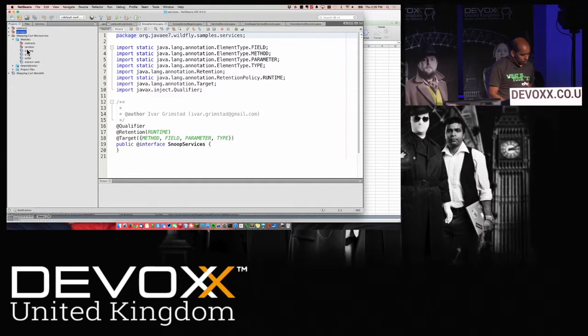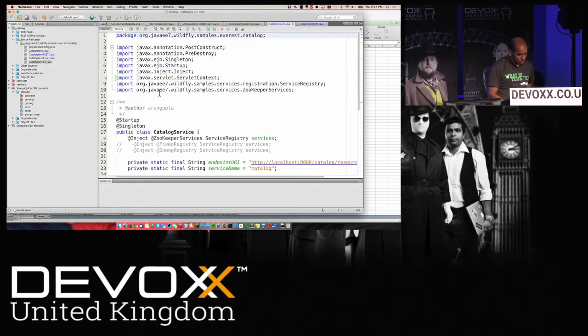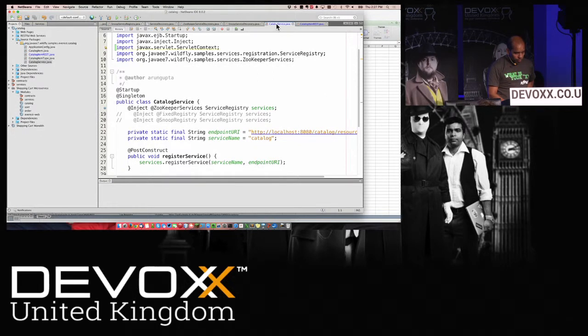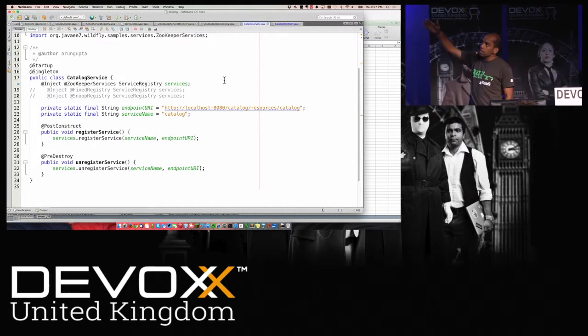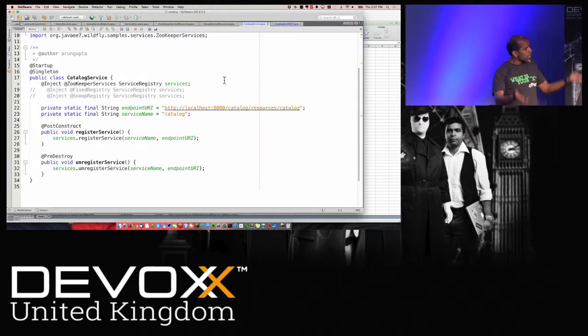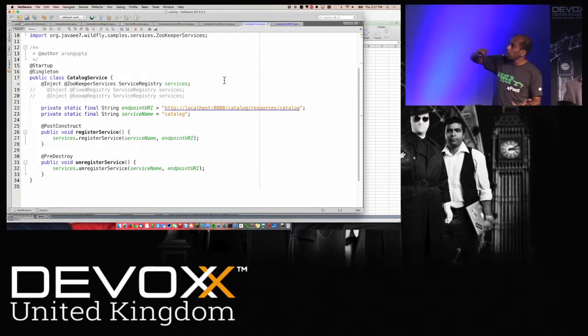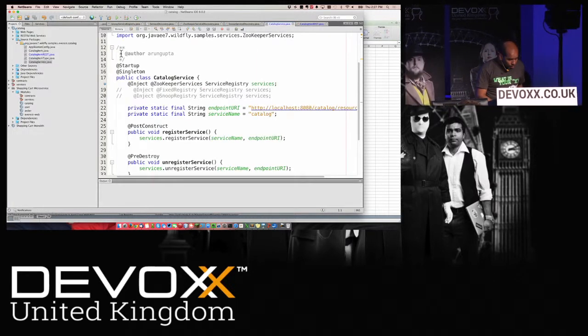Now, in terms of the catalog service, here's my catalog service. This is something I was playing with right before the talk itself. But for now, what I have is an eagerly started EJB singleton, so that as soon as the app is up, I know the URL where the app is going to be deployed, and I can fire it up, and it registers and unregisters. I mean, in post-construct and pre-destroy, it registers the service and unregisters the service. So that's the registration and unregistration part. But in the